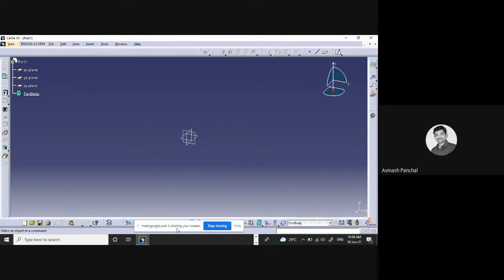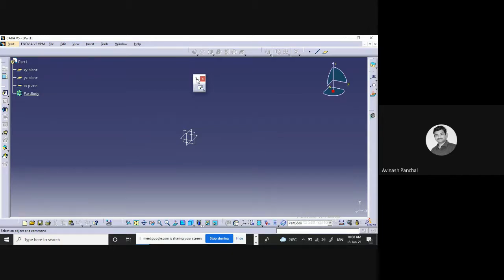Okay. Also this is the beauty of this software, and there are some tools which are very much important in this. So this is what we can call the dock toolbar. Dock means movable toolbar. Okay. And this is the important thing, that is sketcher. If I want to sketch the shape of this.